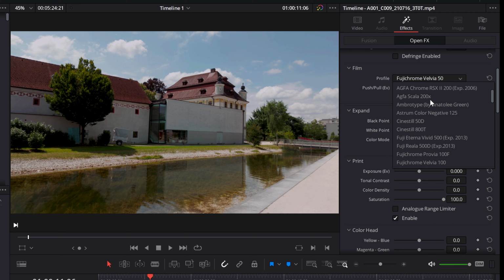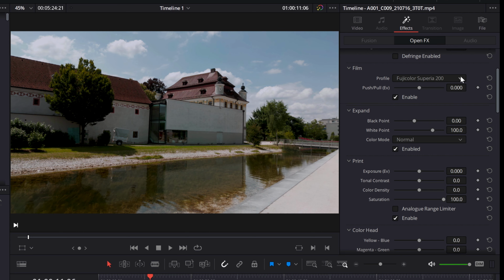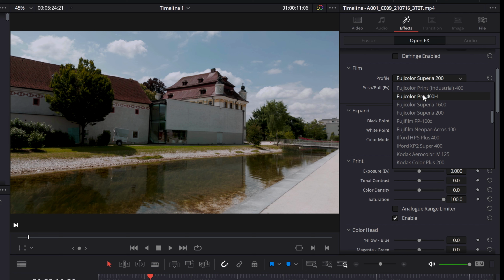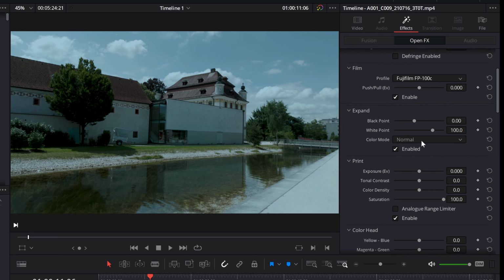Now you can stay in that plugin and adjust the black and white points, color density, tonal contrast, exposure, saturation and so on, and also add film grain and some effects to it. So basically everything to make your videos look more cinematic is in Dehancer already.